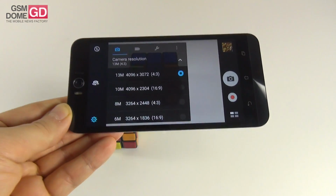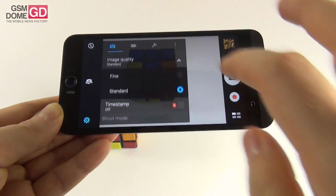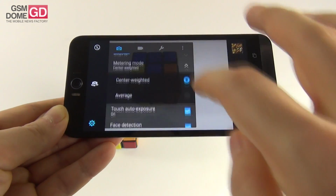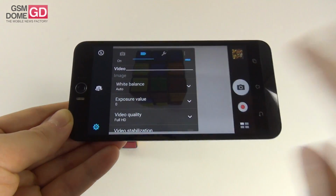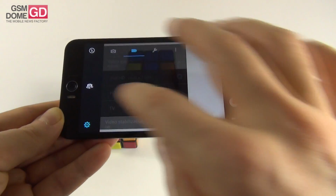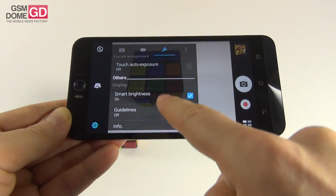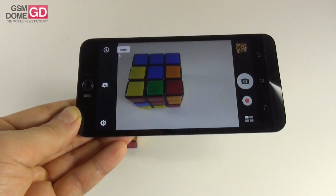Then we got camera resolution that can be 13 megapixels in 4:3 or 10 megapixels in 16:9, anti-shake, image quality, fine or standard, timestamp, touch shutter, self-timer, burst, focus mode, smart autofocus, continuous or infinity, metering mode, center weight or average, touch auto exposure, face detection, and then the video options: white balance, exposure, video quality can be full HD, HD or lower. Let's go back here, stabilization that drops the quality to HD alone, video preference, performance or quality, then again some extra touch auto exposure thingies, anti-flicker, power saving and all that,